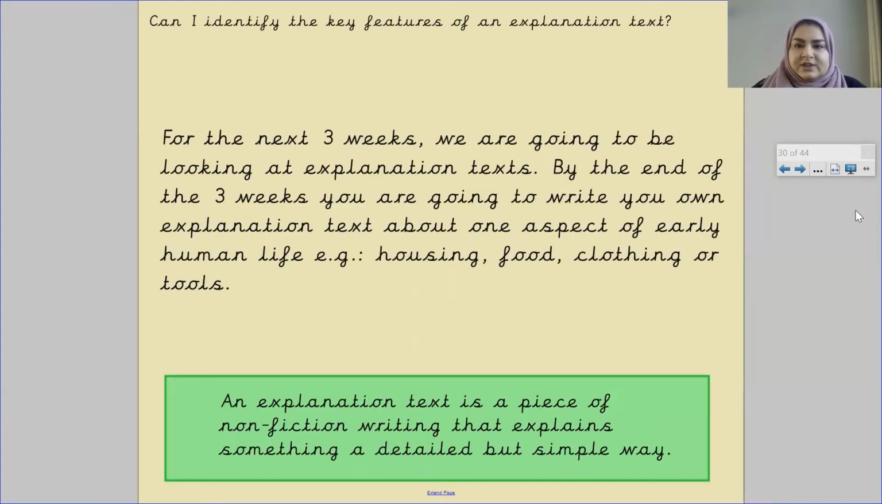So, for the next 3 weeks, we are going to be looking at explanation texts. By the end of the 3 weeks, you are going to write your own explanation text about one aspect of early human life. So, for example, you may write about housing, food, clothing, or tools, but it will only be